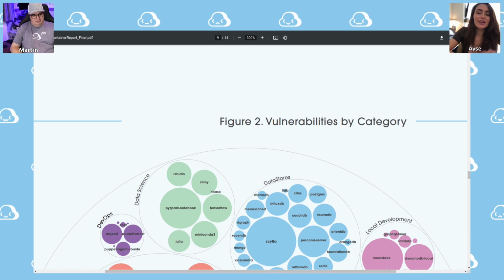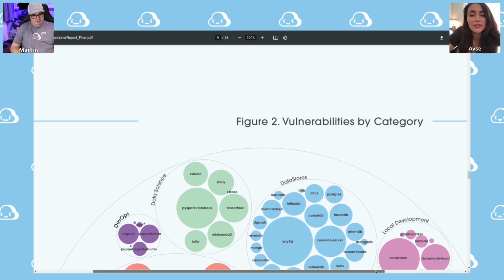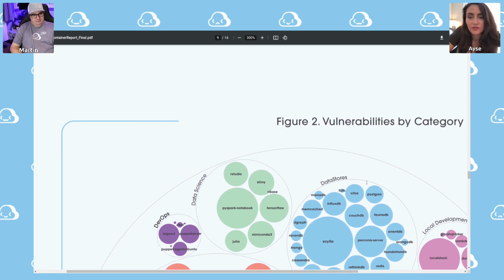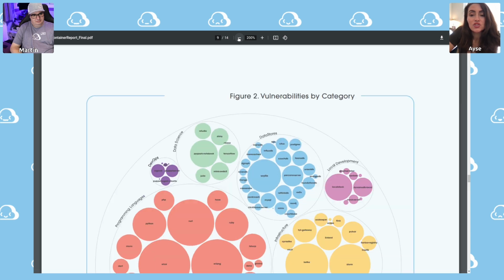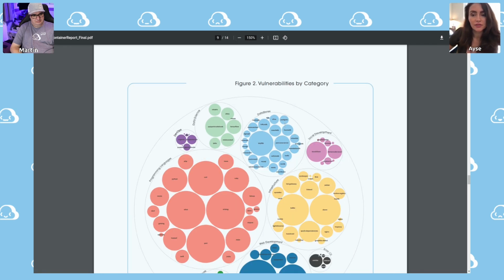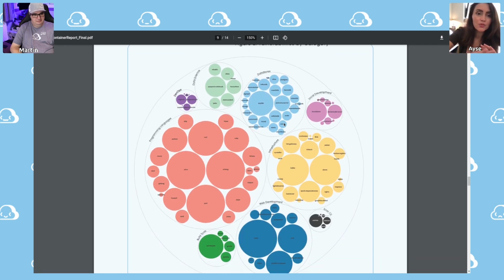So this is not as surprising as probably the next thing that we need to be looking at, which is the distribution of severity of these vulnerabilities. Again, this one just validated our hypothesis that generic purpose ones would have a lot more, but the numbers are still a bit scary.